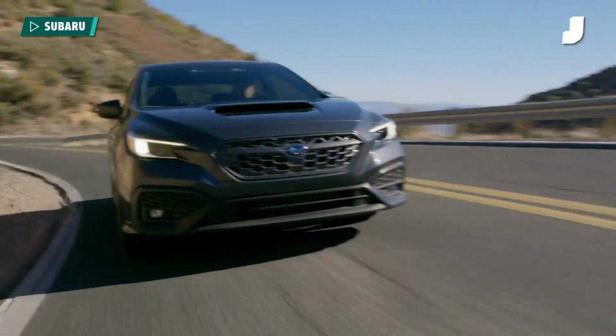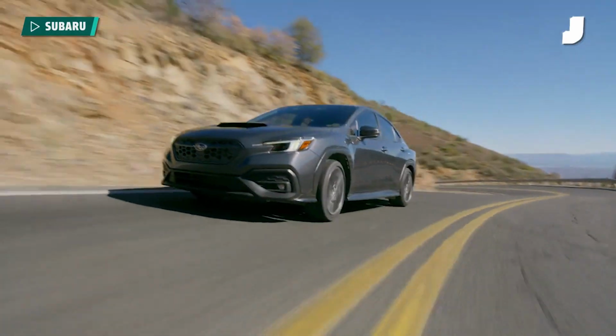WRXs get a little more expensive, but I don't really know who is going to buy this other than VW fanboys, because it's the last VW with the manual. But that is to say, it's a fun car. I have enjoyed driving it a lot, and let's give it...